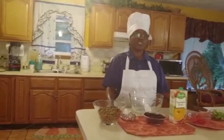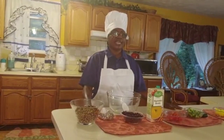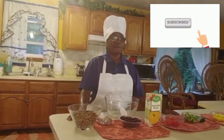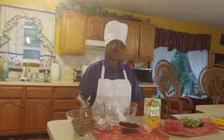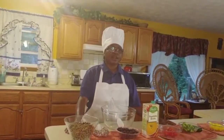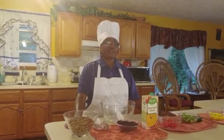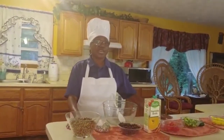It is also very, very important, good to build your bones. It also helps to prevent arteriosclerosis. It is also filled with lots of antioxidants and amino acids. I did mention the antioxidants a little earlier, but I wanted to repeat that because very often people who are on a plant-based diet have to think about their antioxidants and so forth. Now, it's also good for your skin health. It helps to reduce stress. It is good for your teeth. And also, it is good for hemorrhoids. I can spend...